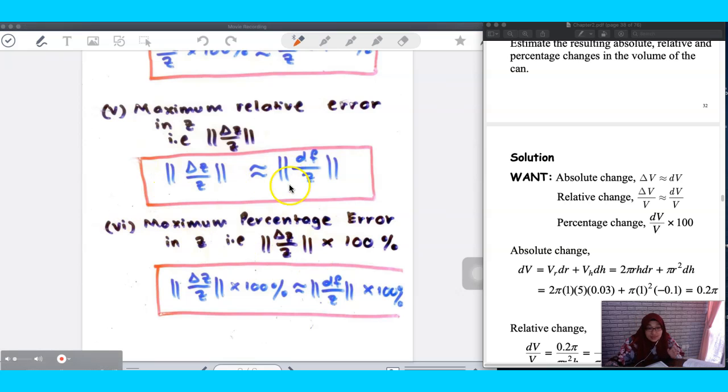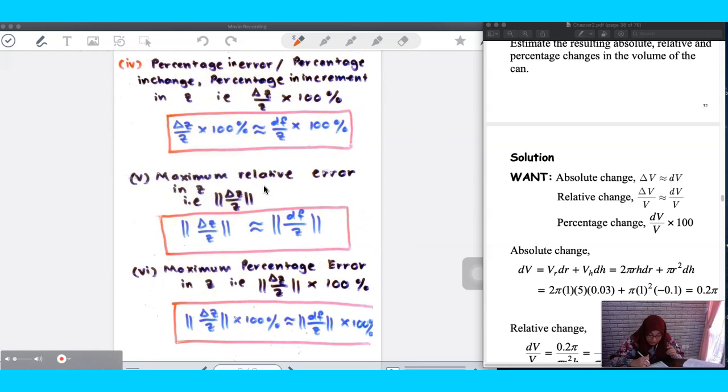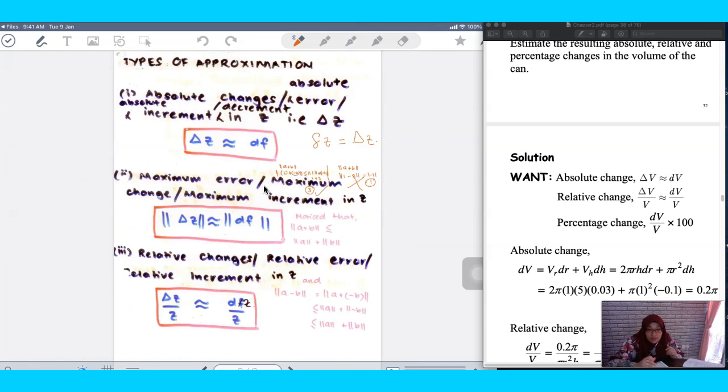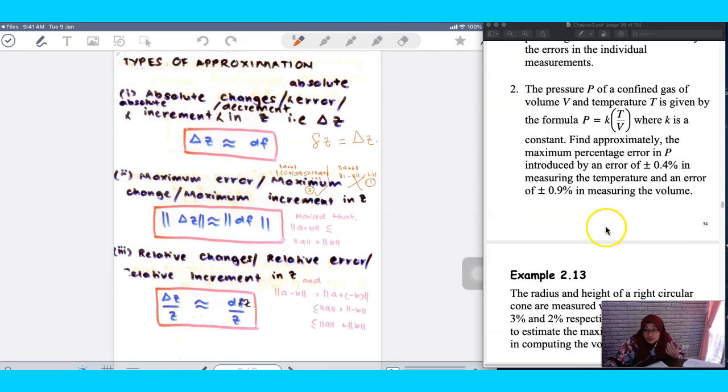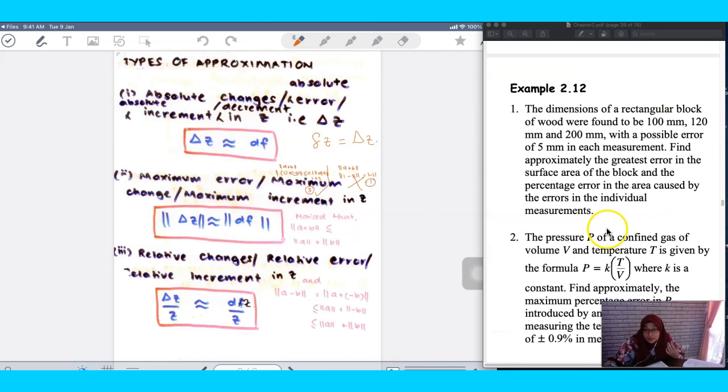Since I already introduced you to all these terms, now I want to show you how we can solve these 3 questions. Okay,